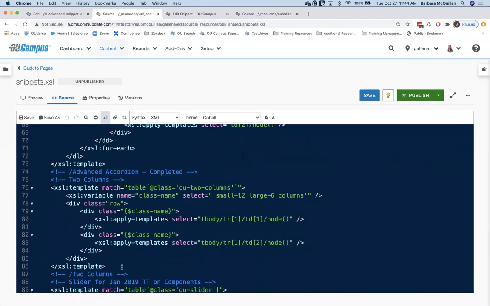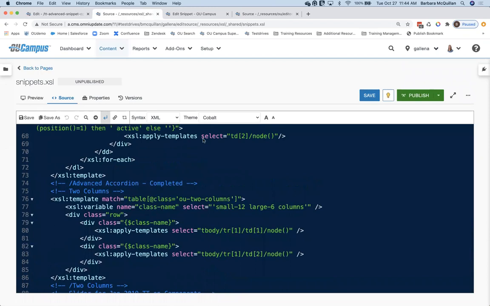Accordion. Nope, not this one. I may be thinking of the one on our support site. Let me take a look into that. I know there are functions that allow you to create random numbers. It is just a matter of making sure that it would work for the XSL that you're creating there. So I am pretty sure that we use it on the support site accordions. So let me see if I can dig that out for you. All right. Any other questions?